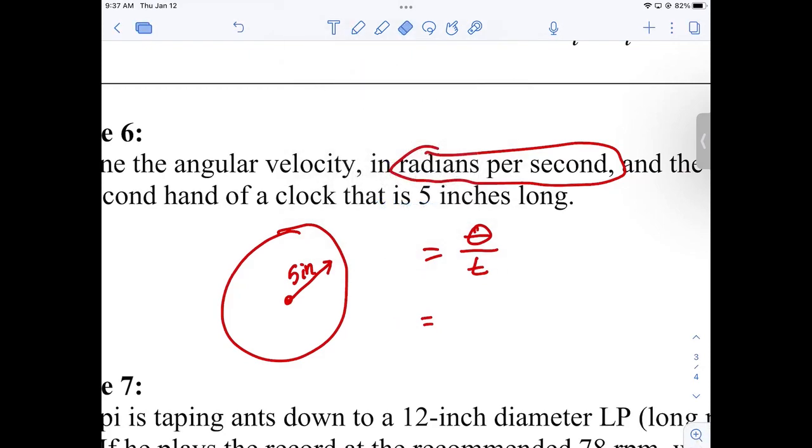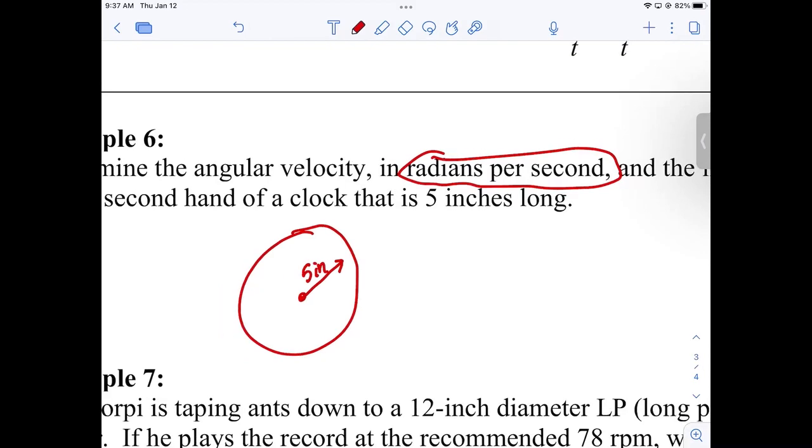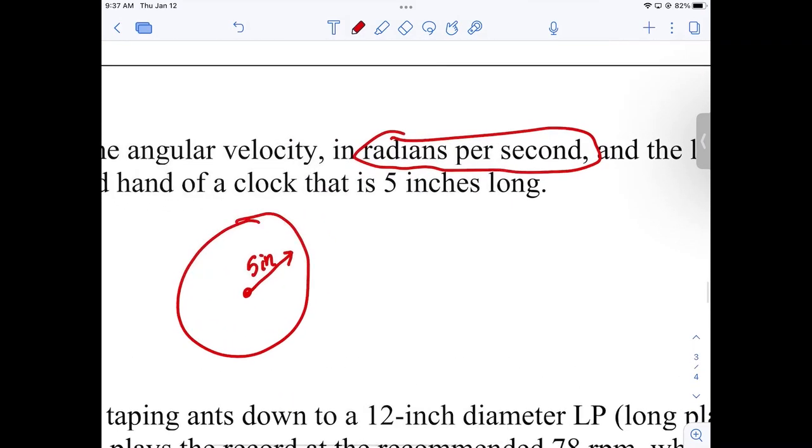Well, let's think about this. We measure angular velocity in like RPMs. Y'all have the tachometer in your car, revolutions per minute. That is a type of angular velocity. So the second hand makes one rotation every what? 60 seconds. Okay. Now it says radians per second, so I can change that. What is one rotation in radians? 2 pi. So you can either say 2 pi over 60 seconds,